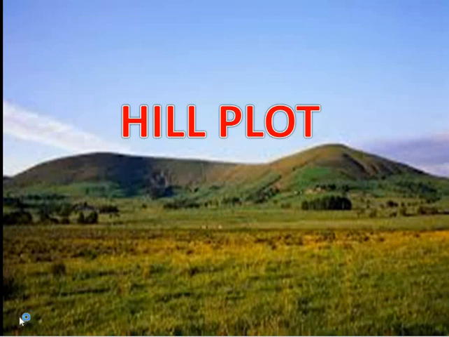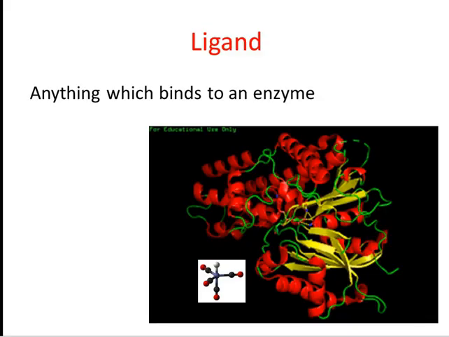The very first concept is ligand. So what is a ligand? A ligand is anything which binds to an enzyme or other protein, regardless of whether or not it is a substrate and undergoes a subsequent reaction. In general, consider a binding process where no subsequent reaction is taking place, for example, the binding of a non-substrate to a protein, or of a substrate for a two-substrate reaction in the absence of the second substrate.